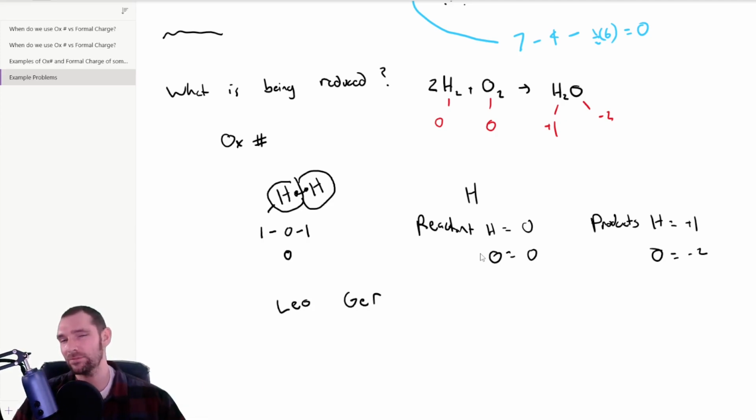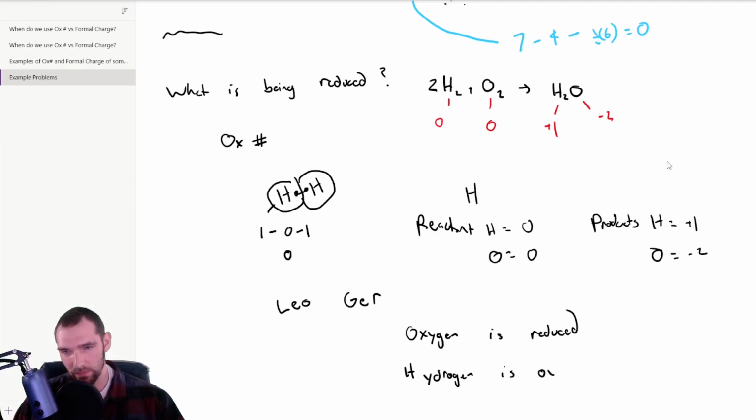You do have to combine half reactions as well. So you're going to need to be able to identify what is changing its charge based on the electronegativity of what's around it, right? So this problem right here, oxygen looks like it's lowering its charge, so it's gaining electrons. So the oxygen is reduced, and the hydrogen is oxidized,